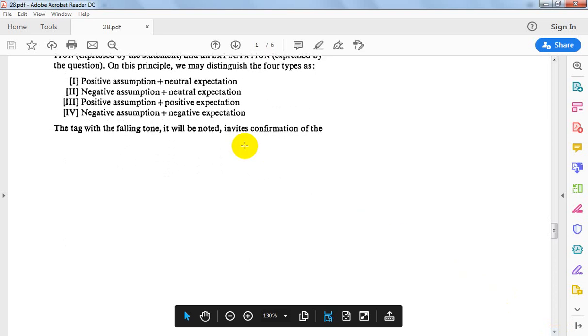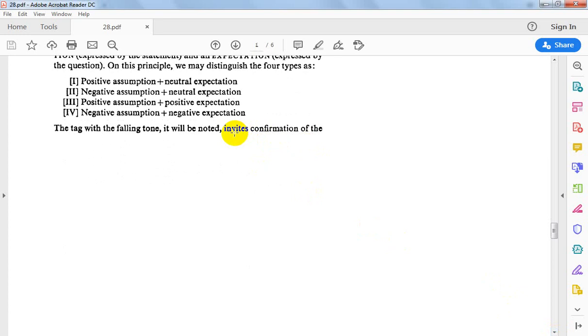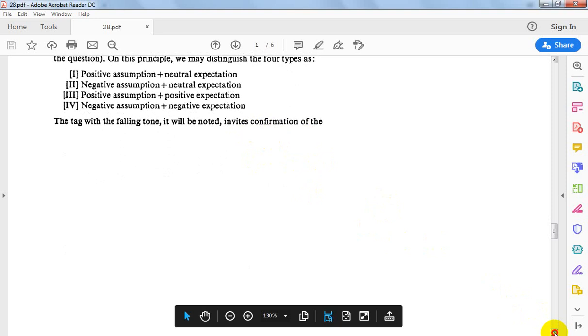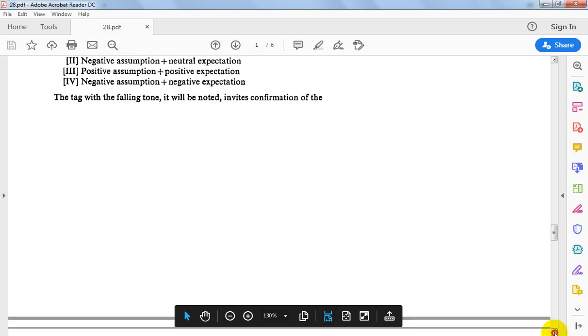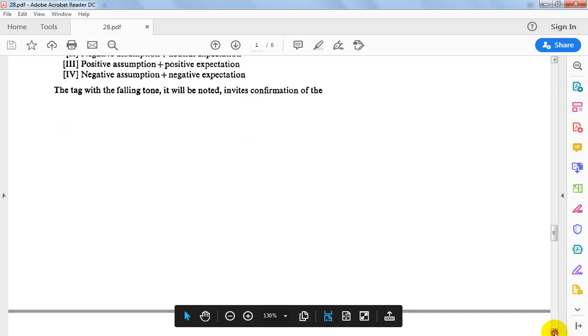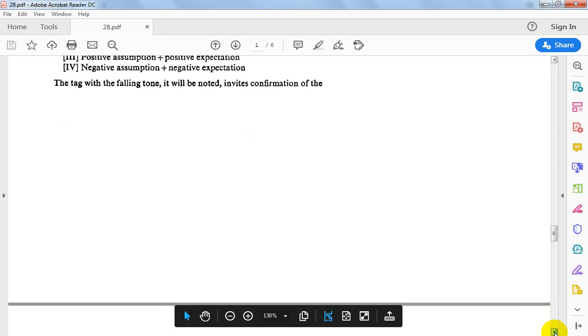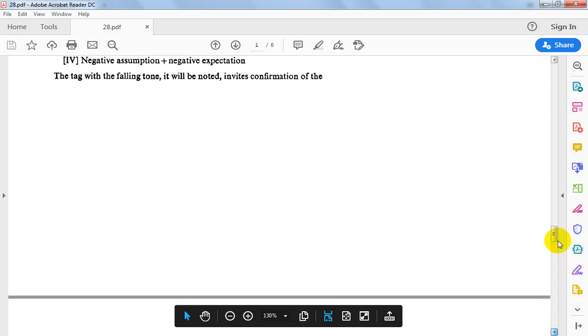With falling, we say, am I right? Does he? Had it falling. What does it mean? Confirmation of the statement, and it has the force of an exclamation rather than a genuine question. In this, it is like, though perhaps not so emphatic as exclamatory, yes, no question with a falling tone.